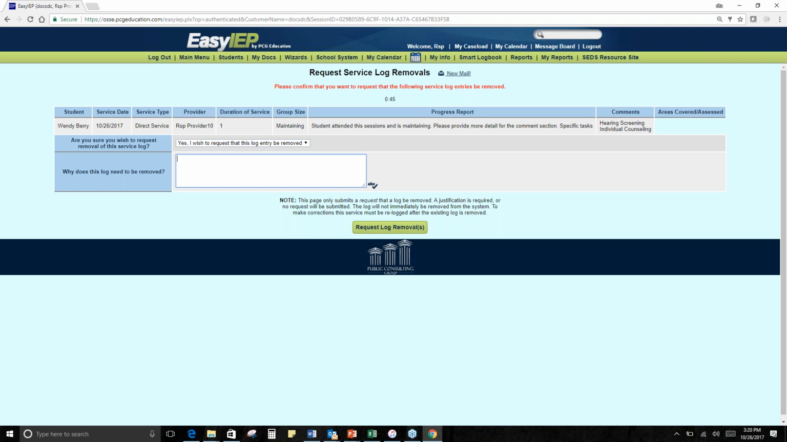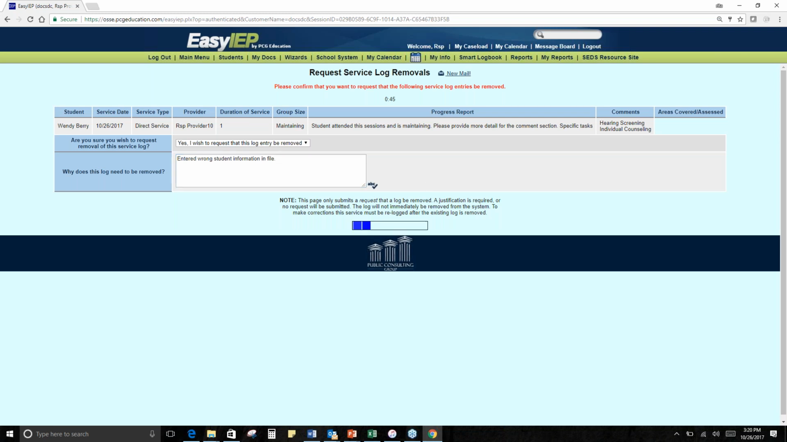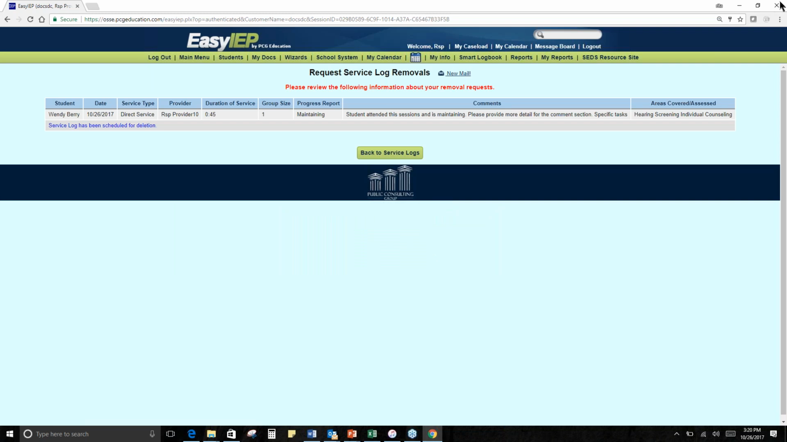So you'll put here that, yes, I wish to request it to be removed. You'll enter the reason, and then you'll click Request Log Removal. Once you do that, this information now goes to a screen, a dashboard, that the person at the LEA that's responsible for removing these logs is able to see,